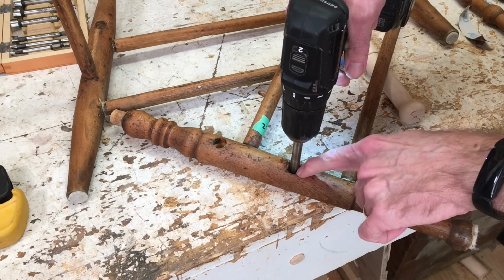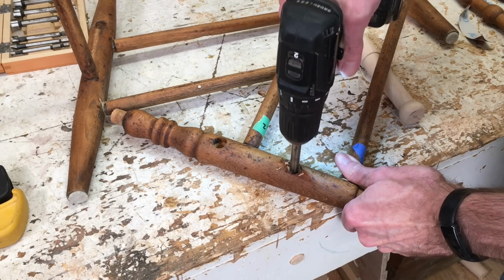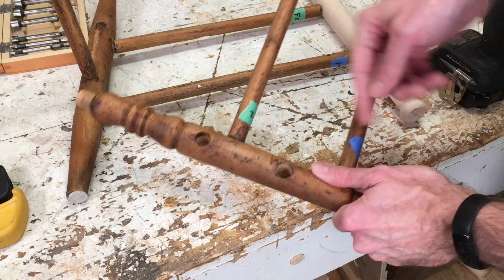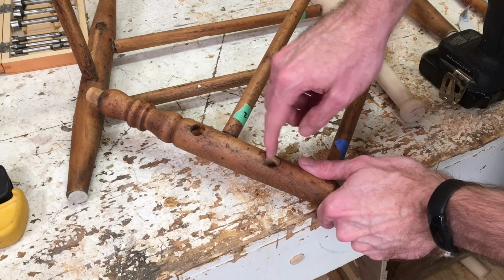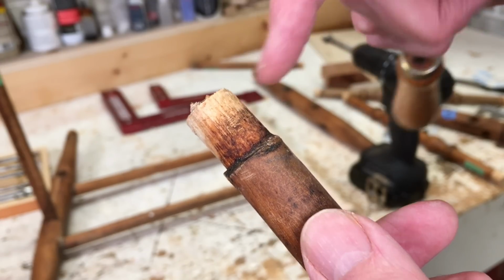Okay, so now it's at the bottom of the hole. I'll put it in forward, and that clears out the glue. That way I'm not influencing the direction of this hole. By getting the drill in there backwards, I'm making sure I'm preserving the edge of that hole as much as possible. Here on the tenon you can see there's some finish and a little bit of glue